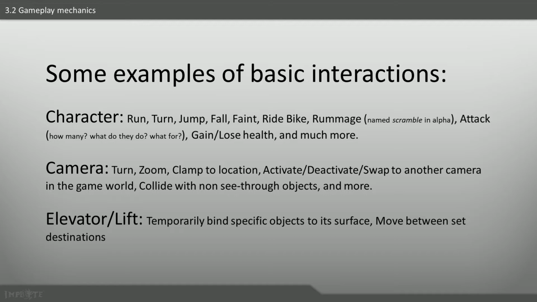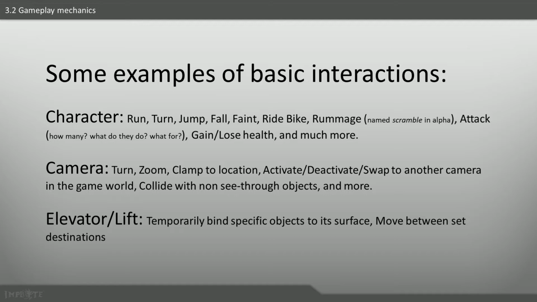I also want them to be able to collide with non-see-through objects, so that when Chip is behind a wall, the camera would snap to the side of the wall that Chip is currently located at, so that we can see him. And in terms of the elevator and lift that is not in the alpha but has been made,